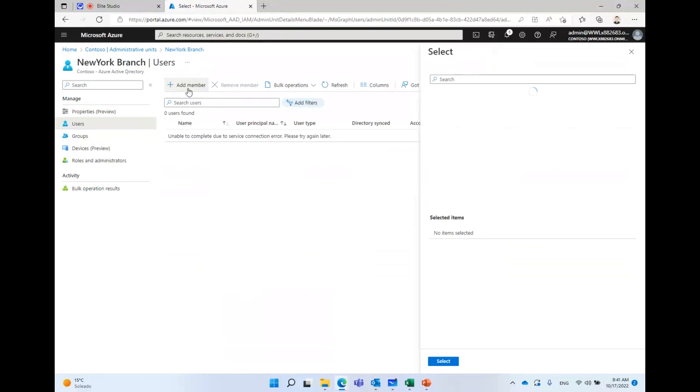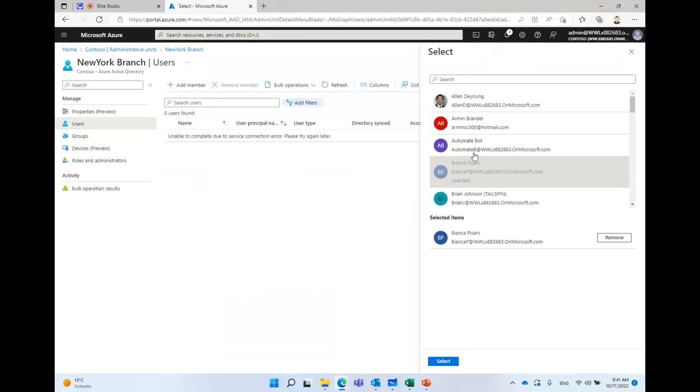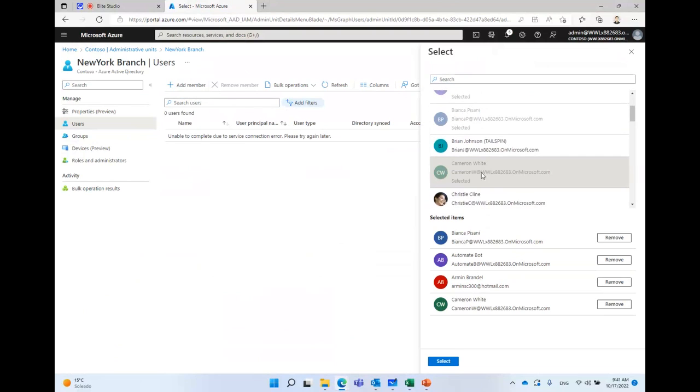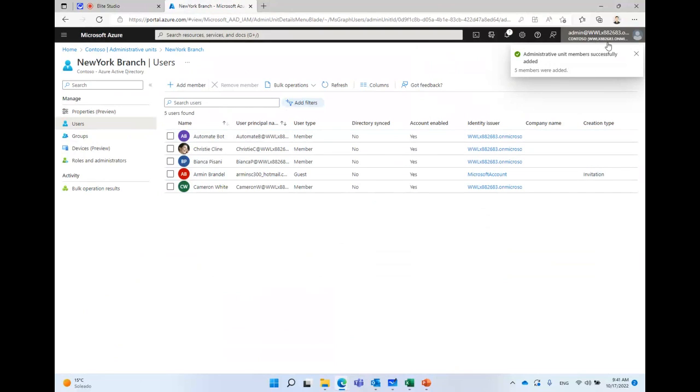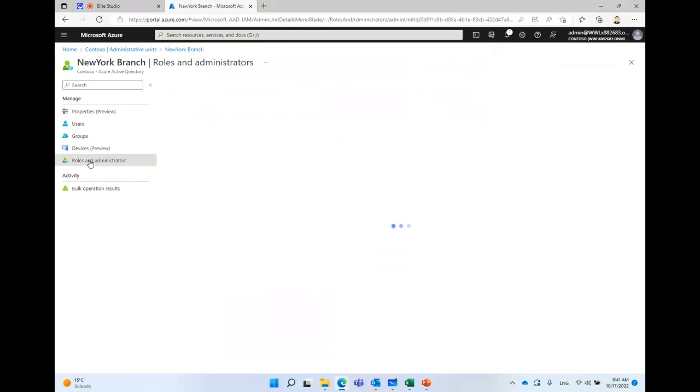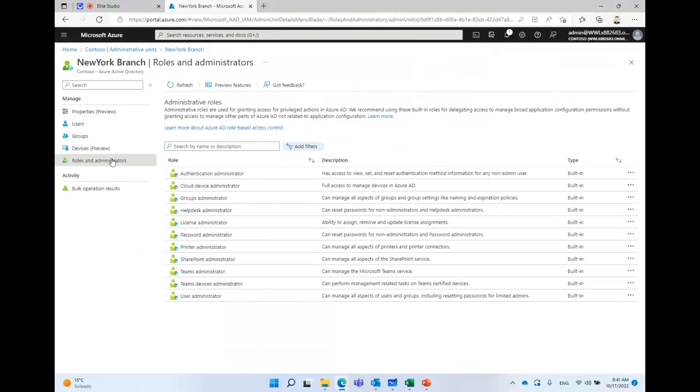And simply here, adding a new member, you can add different users, and like that, we have 5 users. And actually, you see that I also added my guest user type, so it accepts that. And then you can also come to the roles and administrators, and you can choose different roles